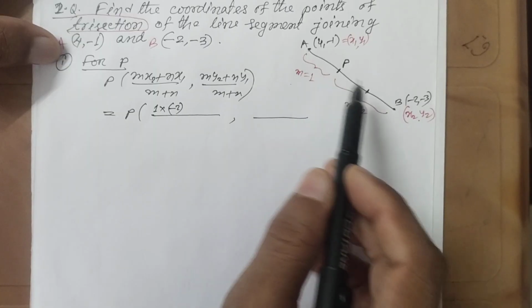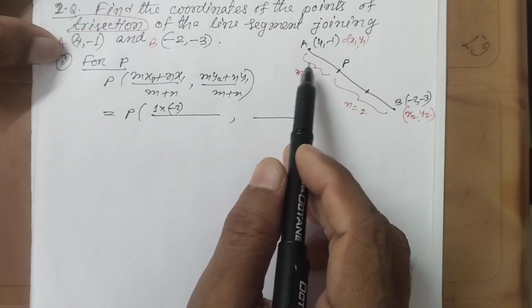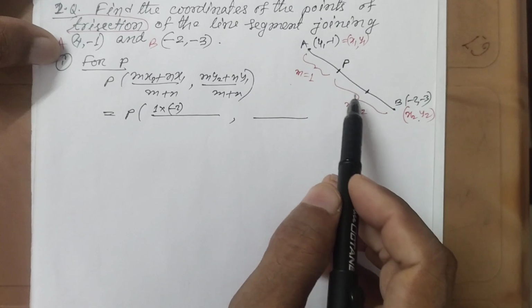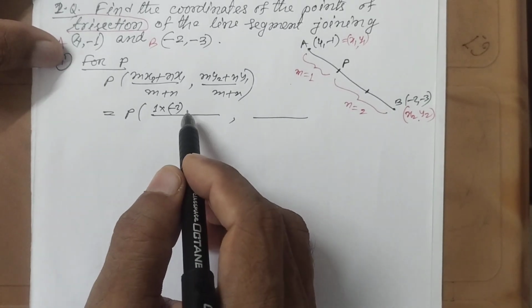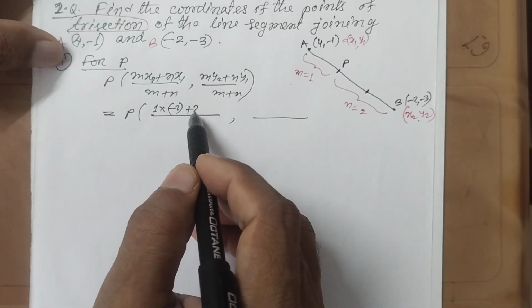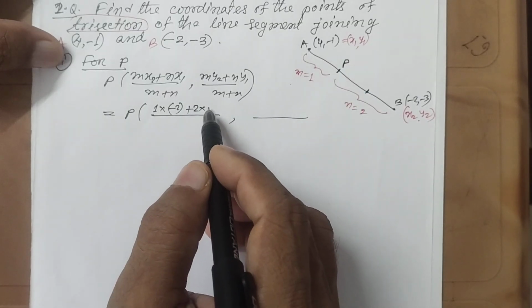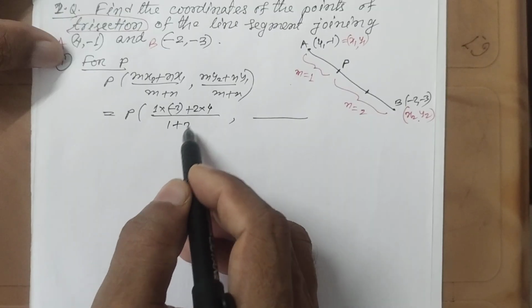If this side is m, this will be x2. The x1 y1 side is m, and the x2 y2 side is n. It should be taken in order. If you change the order, the answer will be wrong. So m x2 plus n, n is 2 into x1, x1 is 4, by m plus n, 1 plus 2,